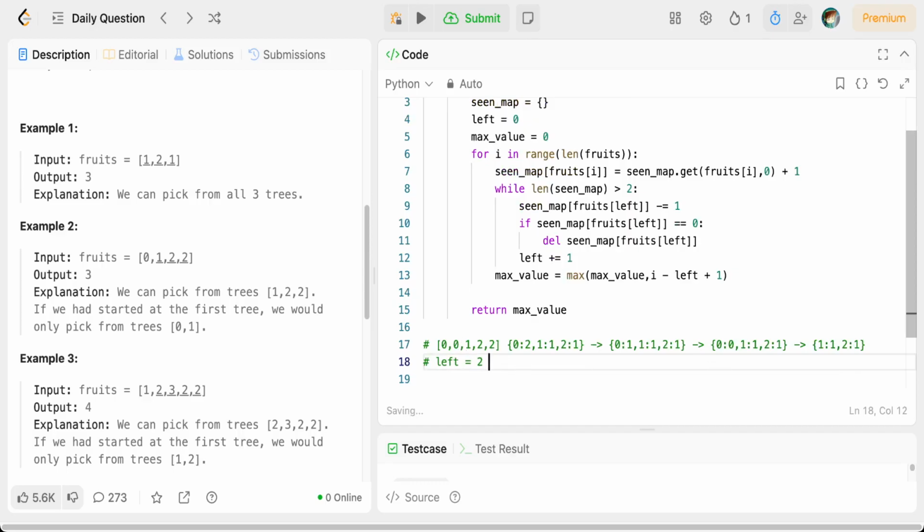It's at element 1. So it's here. We calculate the length, which is i minus left. So left is at 2. And then i is also at 2, this here. And then we just do +1. Then again we enter the loop here. We add the following 2's. So we add this one here, and so on. So this is why we have this loop here,